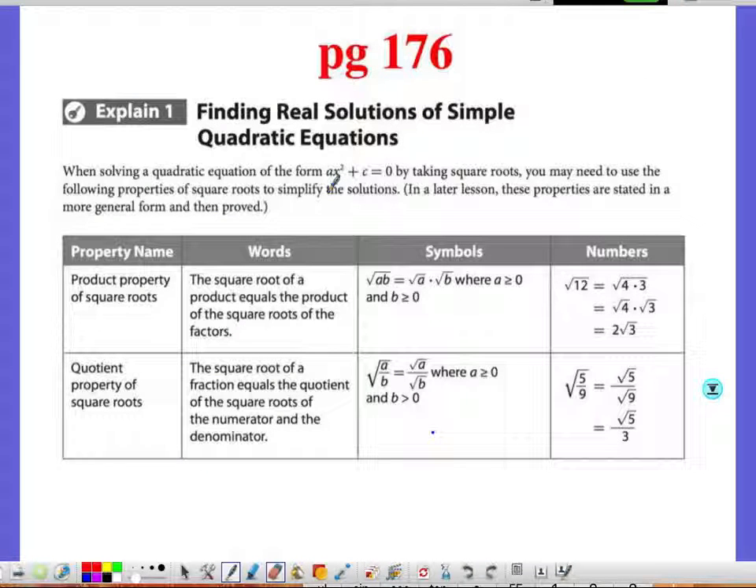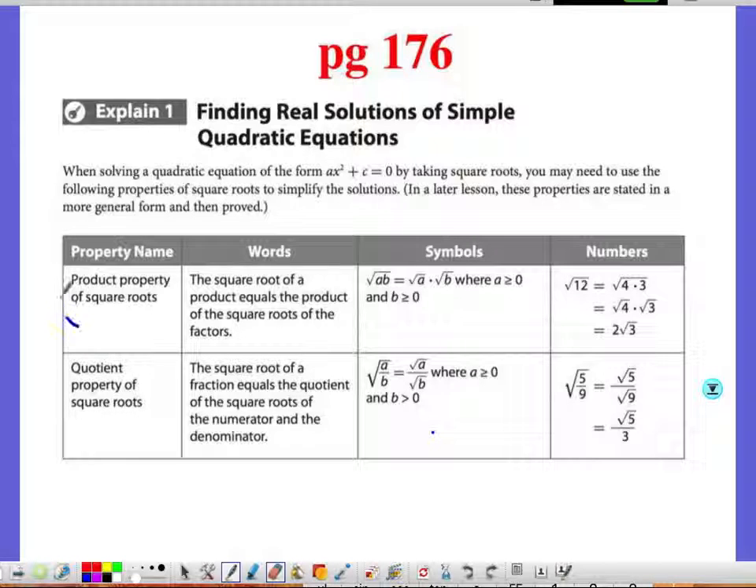Okay, so we began on page 176, and we read the paragraph here. When solving a quadratic equation of the form ax squared plus c equals 0, by taking square roots, you may need to use the following properties of square roots to simplify the solutions. And so we went over 2